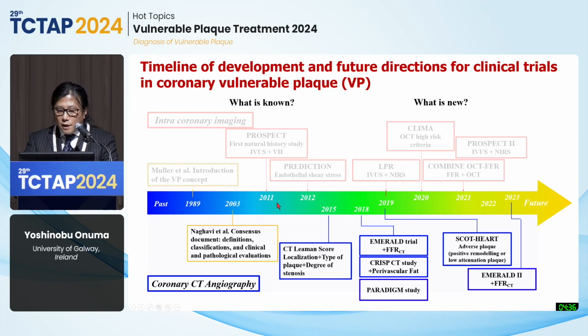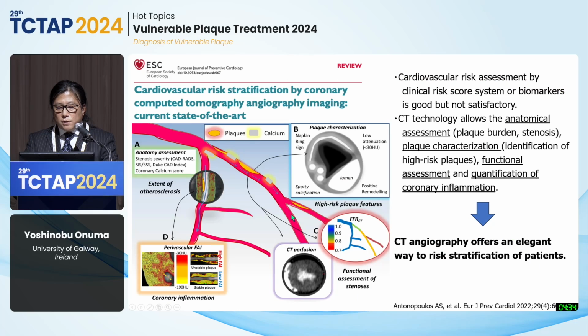What about the clinical data? There were a lot of studies showing the importance of the CT for the prediction of the event. The CT can provide not only the plaque characterization, but also the FFRCT or the perfusion, or even look at the